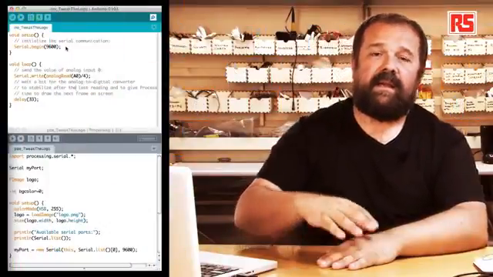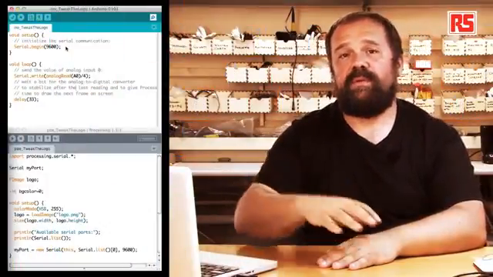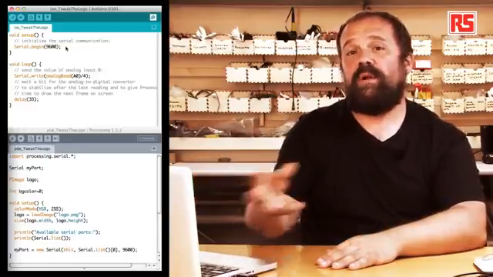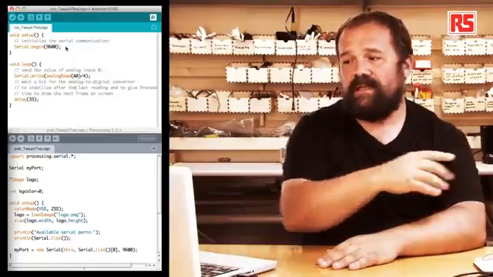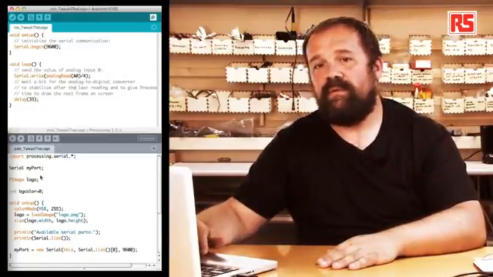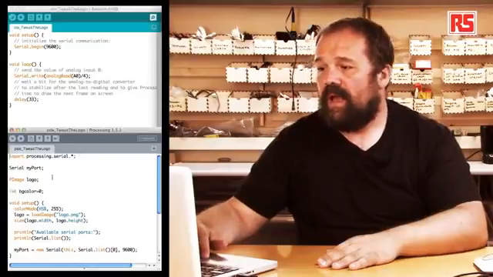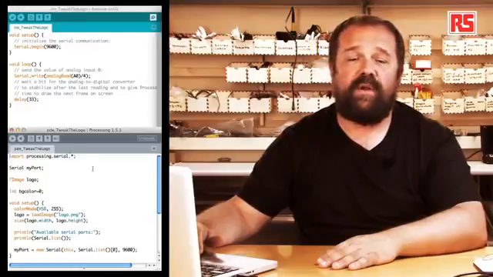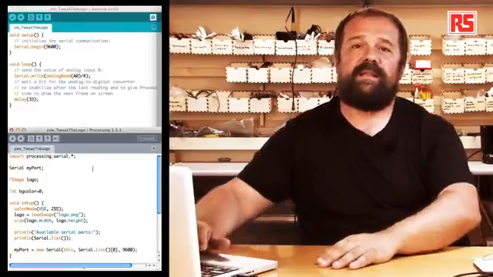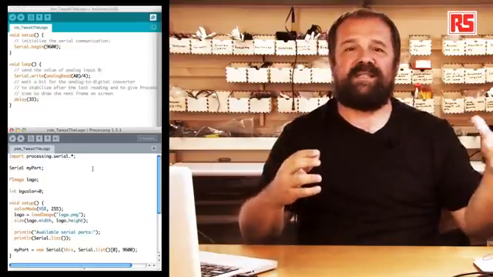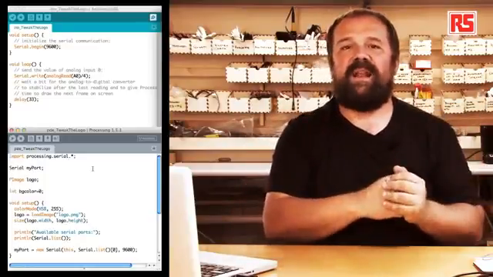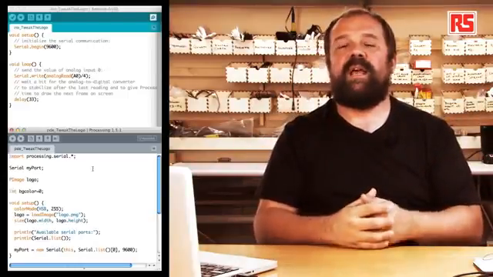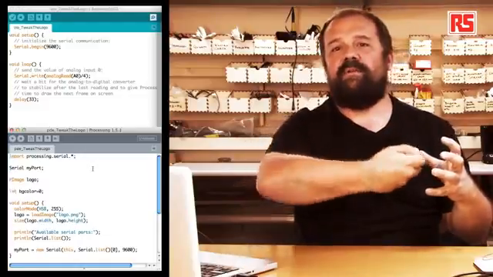So once the data is reaching the computer, then we have to explore what the processing code is doing in order to read that data and visualize it. So switching over to the processing code, at the beginning we have this import statement that imports the library called processing.serial. This one is the twin library of our Serial.begin, sort of a serial library on Arduino. There is a corresponding serial library in processing that we are using to open the communication and read the data